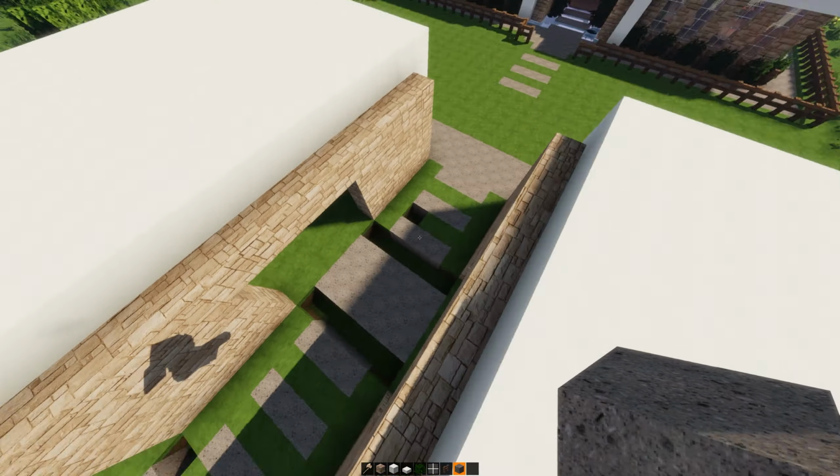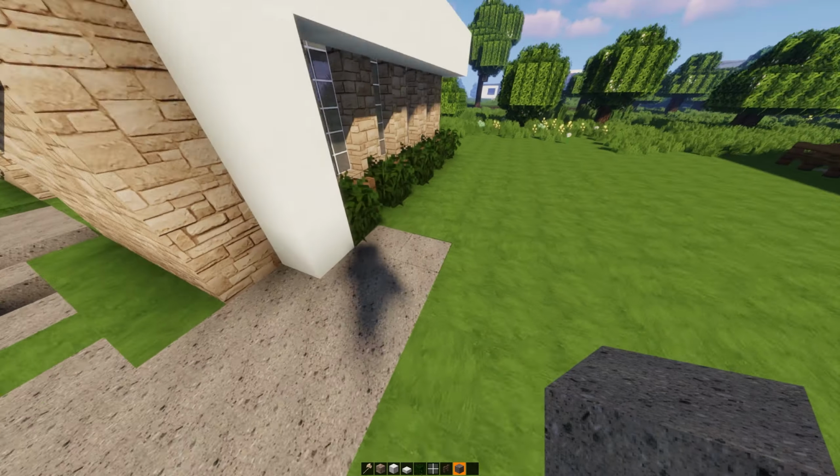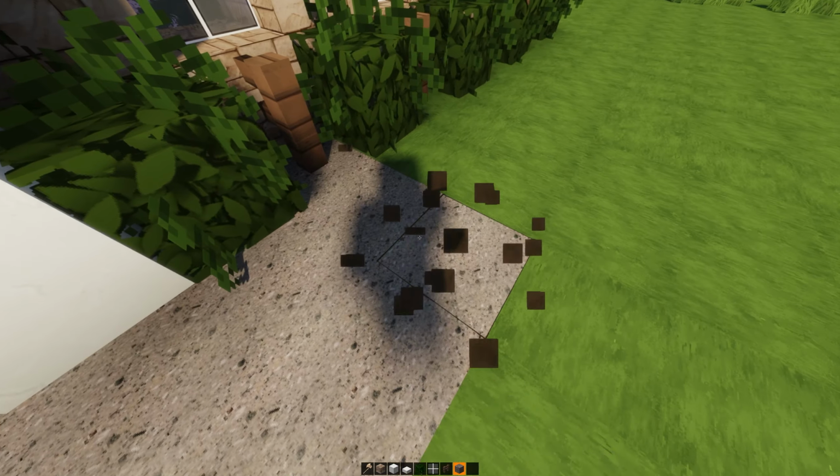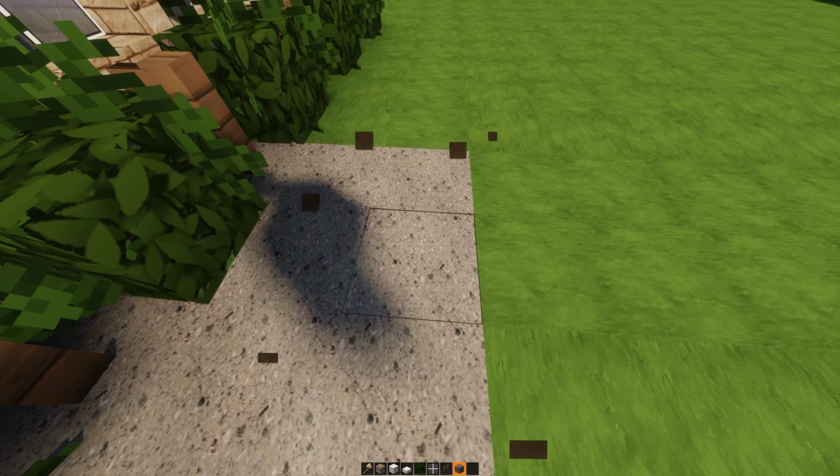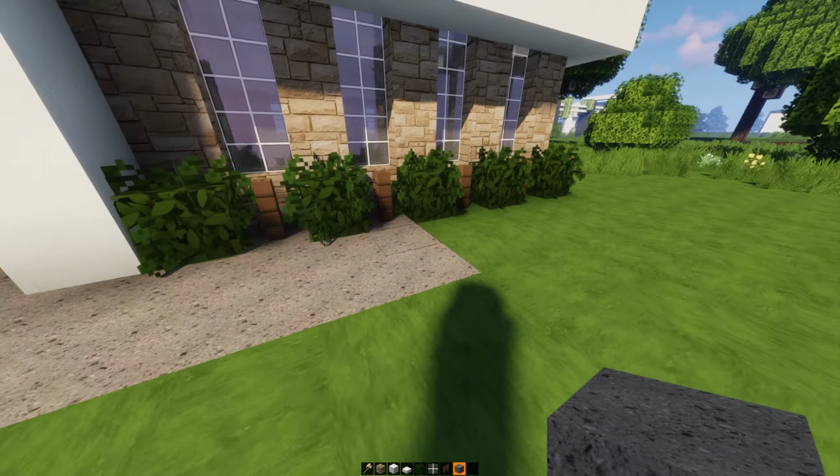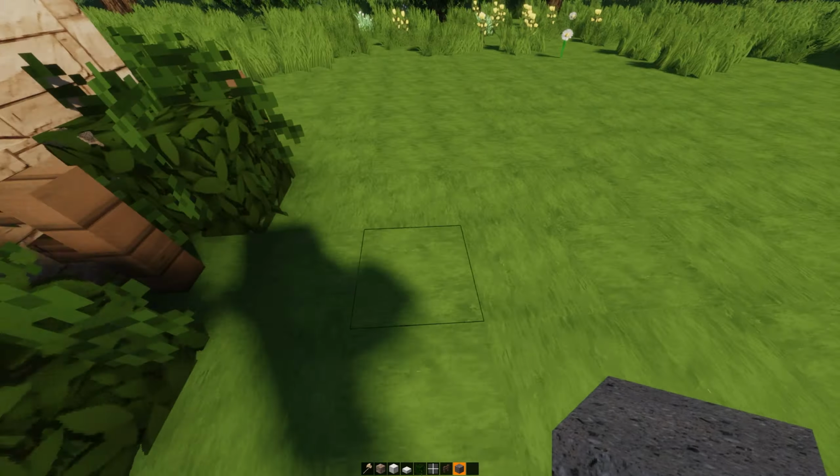So that's the path that it should look like. So I'm going to go around the entire build here, replacing the grass with the andesite here. So make sure we always have 2. So once we meet the corner here,